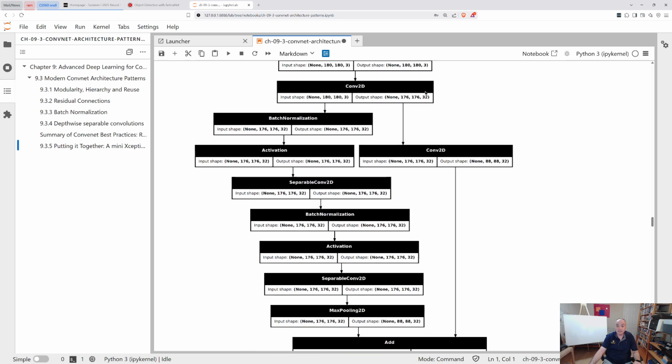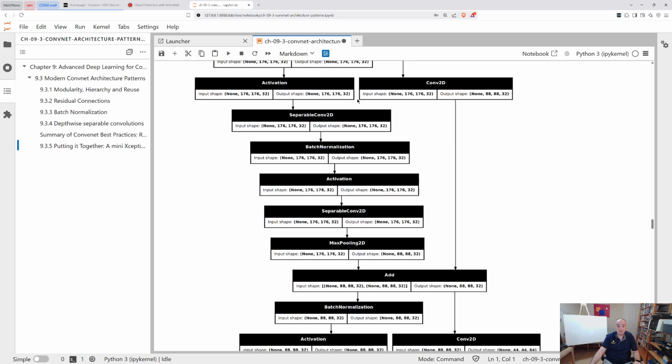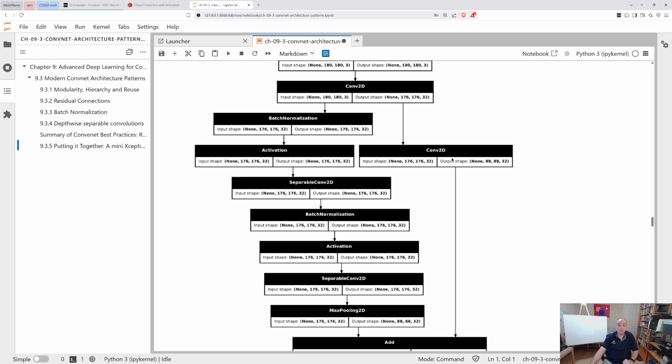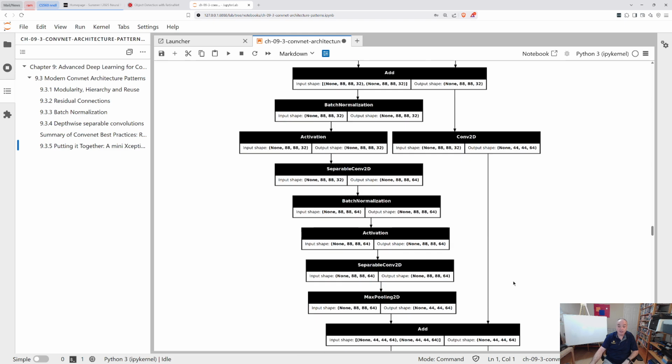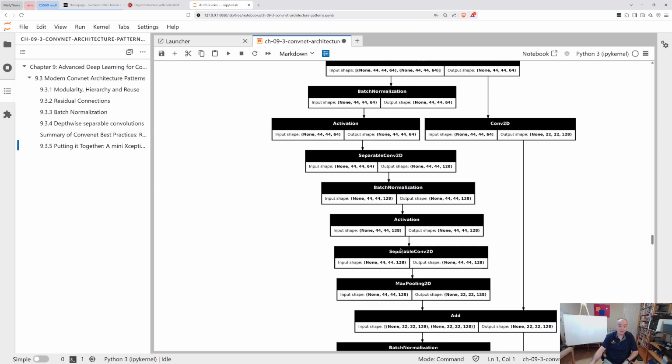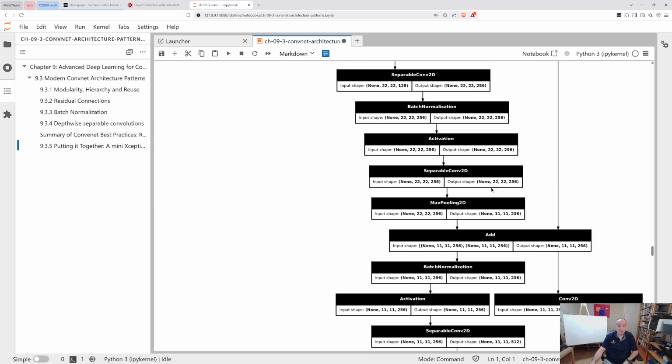So here are the same inputs. We go through our 2 separable convolution layers and then a max pooling layer, and then this input over here we just put through the 1-by-1 convolution, so we end up with something the same shape that we can combine together, and then that goes on for the next layer. Residuals are going over here, and we've got our sequence of convolutions and max pooling over here. Right, so that's in general what the